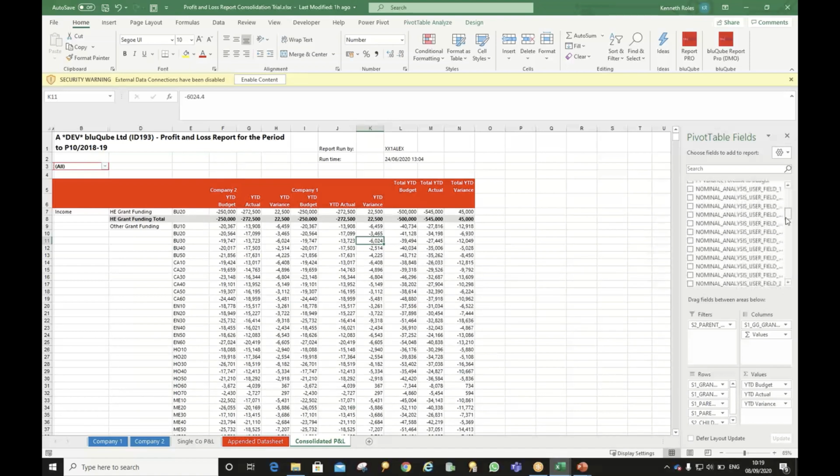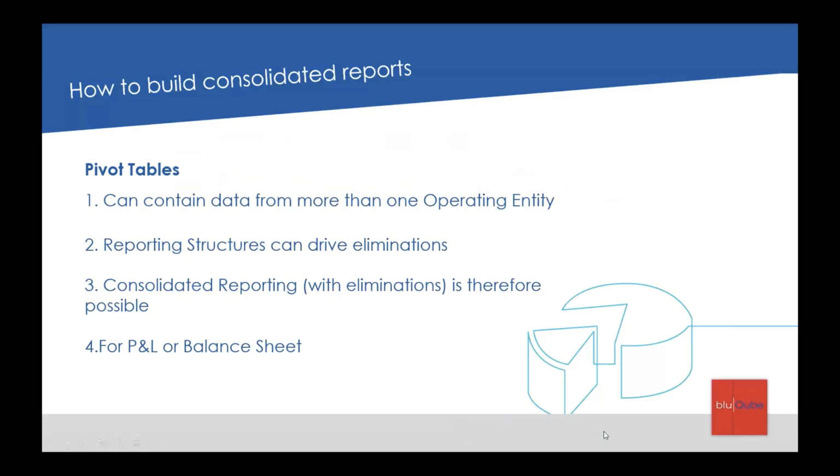Over there on the right, we've still got the full variety of fields available in the pivot table to be able to do it at whichever level we like. This has gone down quite low level. And if you are sat looking at that and thinking, yes, that's going to make a big difference to me, because multiple entity reporting is something you look at,